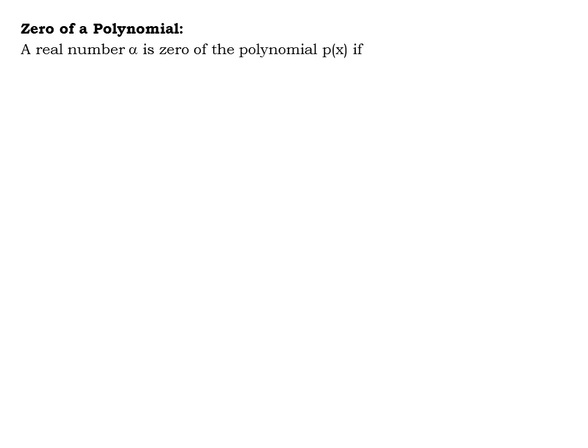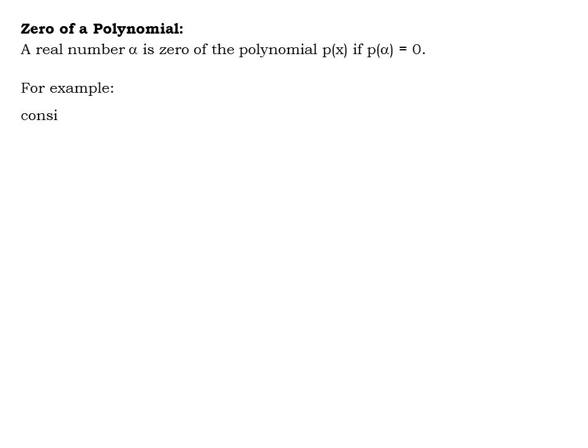Then for the next one, zero of a polynomial. A real number alpha is a zero of the polynomial if p of alpha is equal to 0. If we replace x with alpha and the value of the polynomial becomes 0, then alpha is called a zero of the polynomial. Again, we are taking an example.